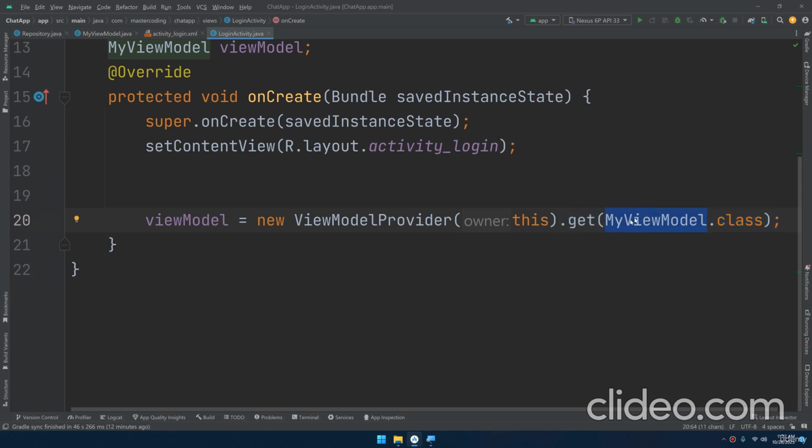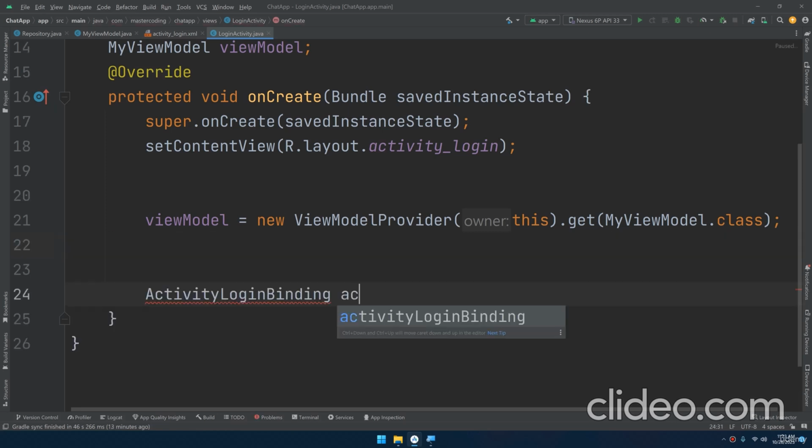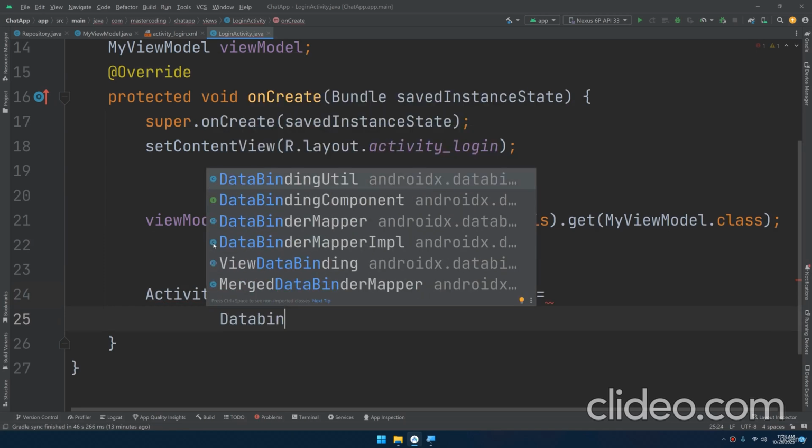The view model provider will create a new instance of my view model if one doesn't exist for the associated component, or it will return the existing instance if it already exists. This helps ensure that you have a single view model instance associated with a specific component, for example, an activity during its life cycle. Activity login binding equals data binding